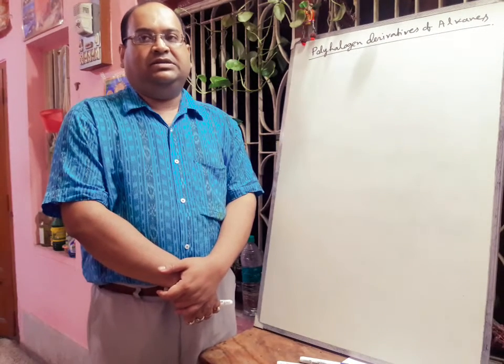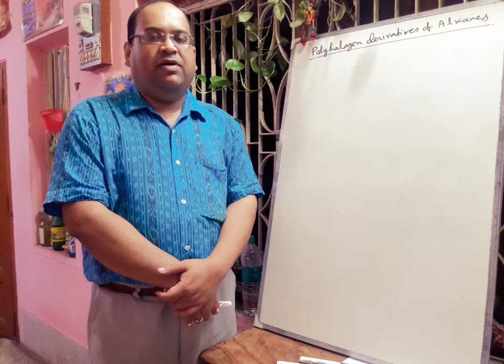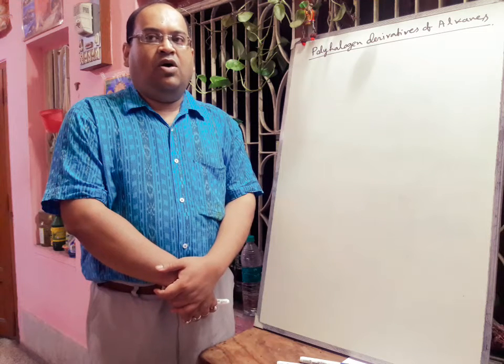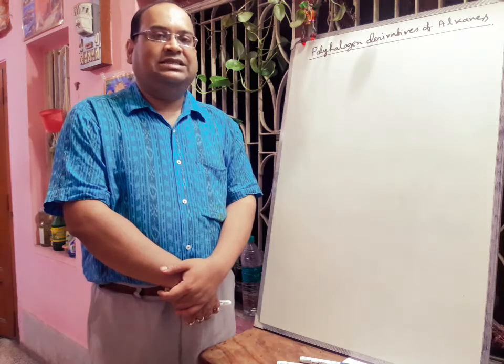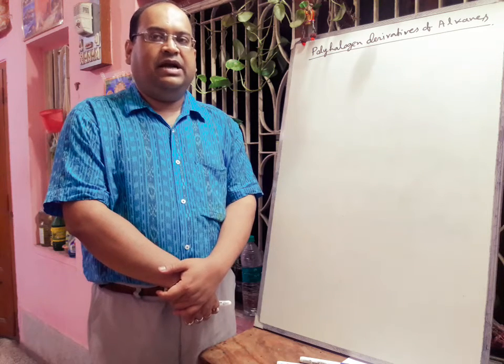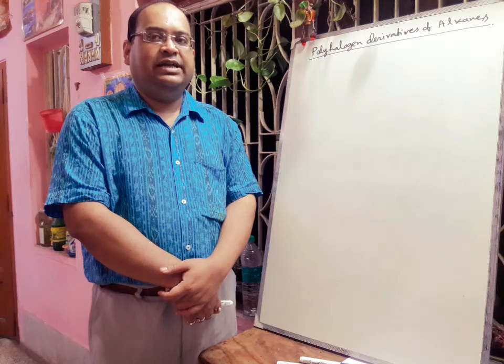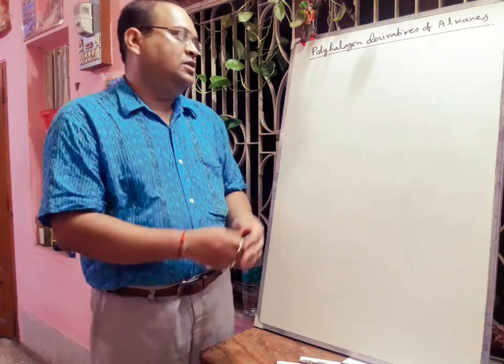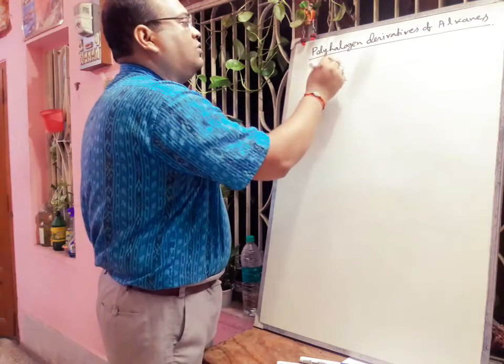Chloroform is prepared in the laboratory by the action of bleaching powder on ethyl alcohol or acetone. In case of acetone, the yield is better, but we have to know both these methods. Here I will show you the reactions, how it is forming. So first one from ethyl alcohol. So our topic is chloroform.